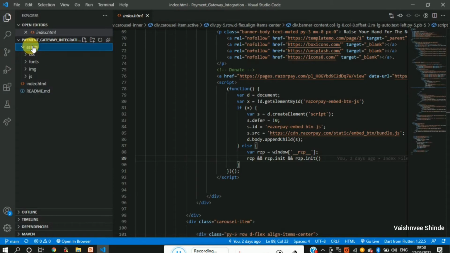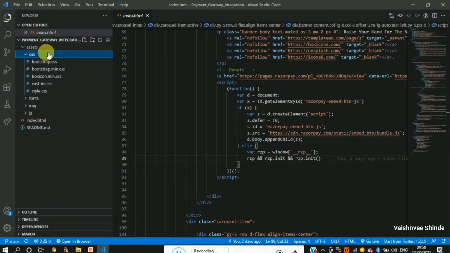As you can see here, in the assets folder, there are different kinds of folders available. One is the CSS folder. Under the CSS folder, the CSS files are present. In the CSS files, all the styling parts are included, then the responsiveness of the website.